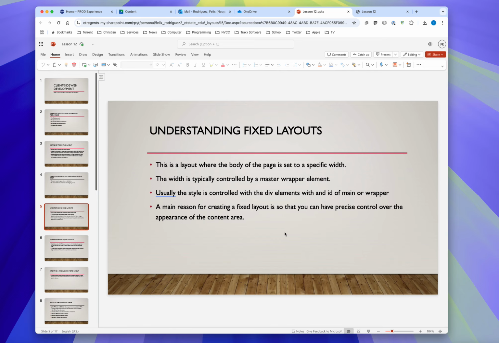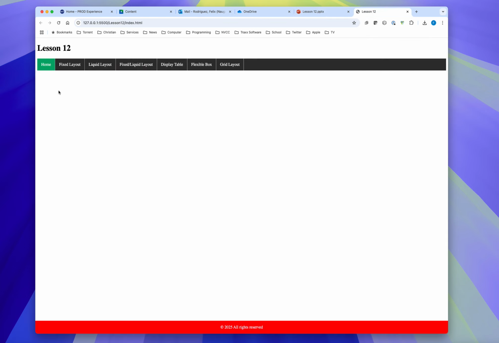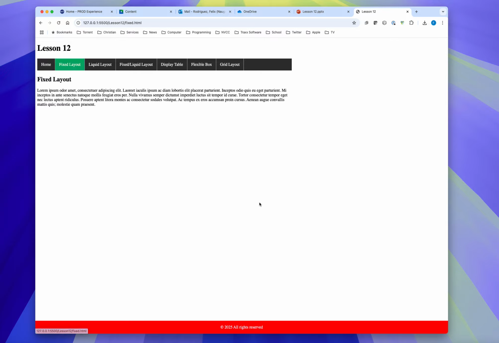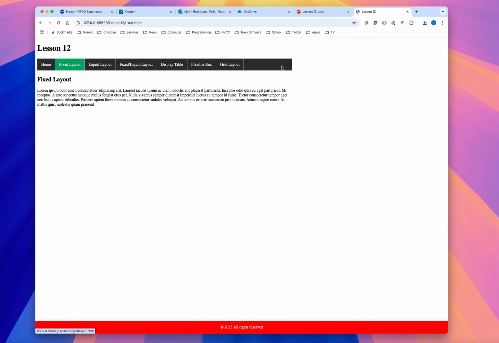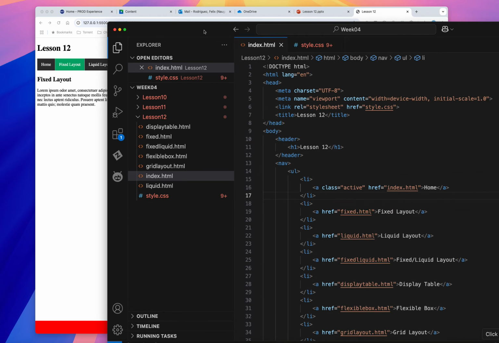Okay, so the first thing we're going to look at is understanding what a fixed layout is. First, I'm just going to show you an example of a fixed layout. Here you notice that the layout gets cut off at a certain point. Now everything's shorter here. Compare this, if I go back here, especially on the menu item: the menu item goes all the way to the end. And when we go to fixed, now everything is kind of truncated because it's fixed. So what does that look like